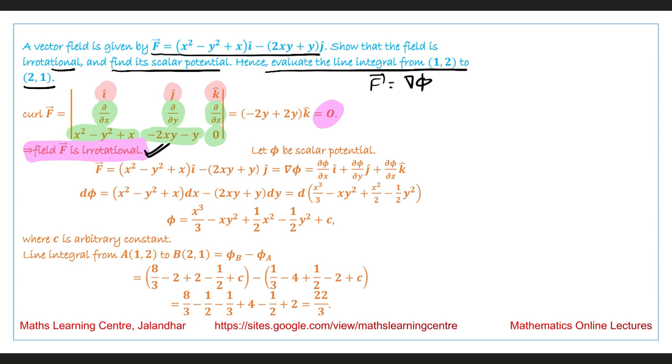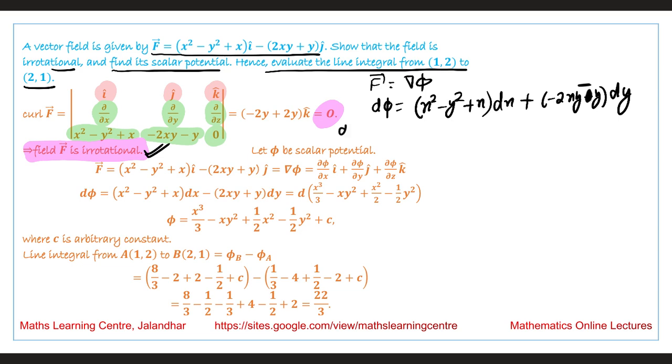So from this what we obtain is that the value of dφ is equal to (x² − y² + x) dx, plus, with a minus sign over here, (−2xy + y) dy. Now it is a minus sign over here. So we can write dφ is equal to x² dx, then plus x dx minus y dy, then minus y² dx,